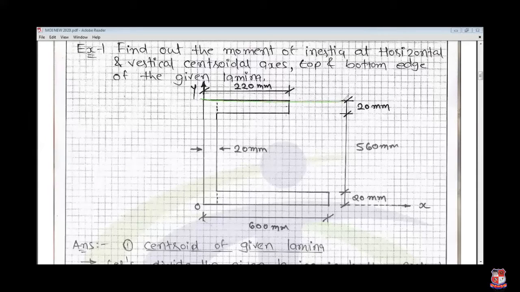First, the top axis, next, the bottom axis, and another one about its horizontal axis, vertical axis, horizontal centroidal axis, and vertical centroidal axis, and the top and bottom edges. And the last one is somewhat like here. So here is a centroidal axis, the centroidal y axis. Here is the top flange of the axis, and here is the bottom flange of it. So for all these four conditions, we have to find out the moment of inertia of this object.